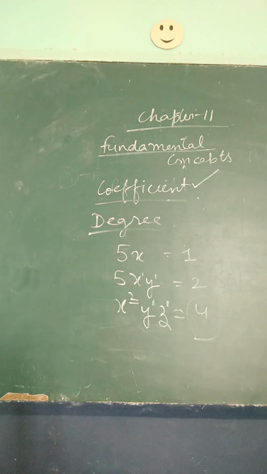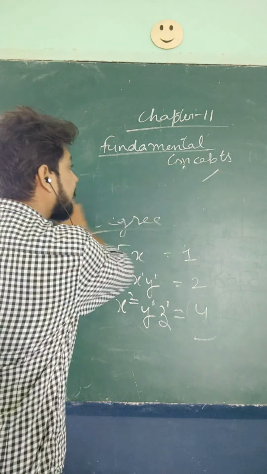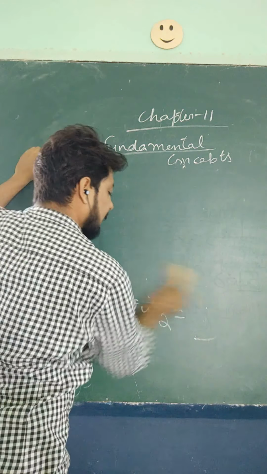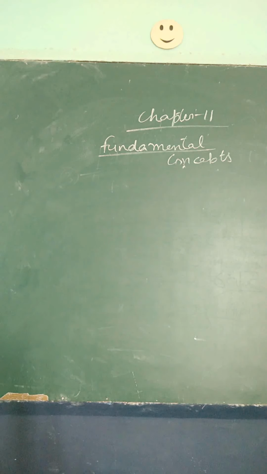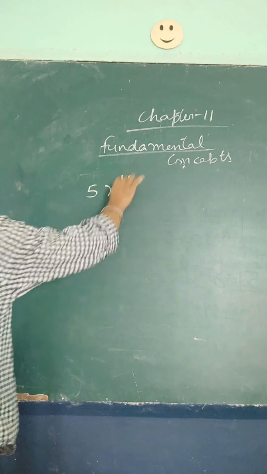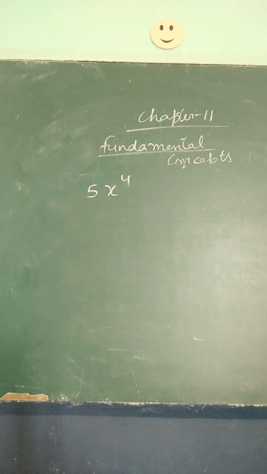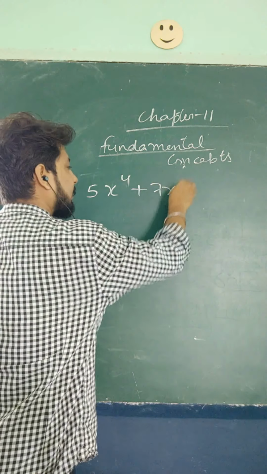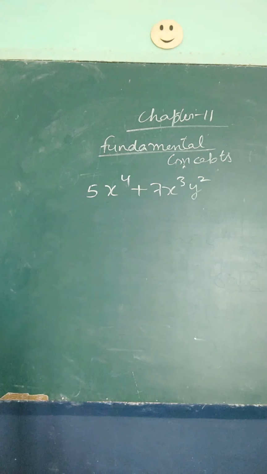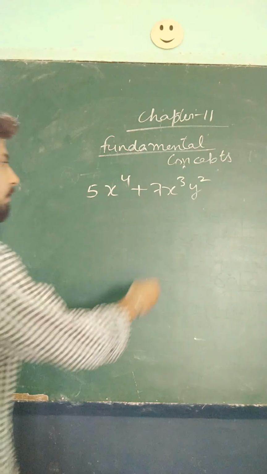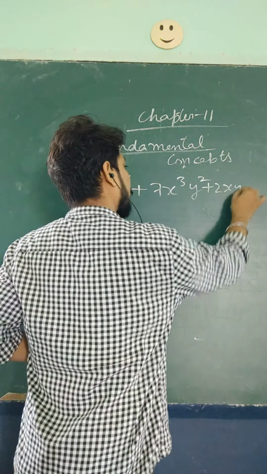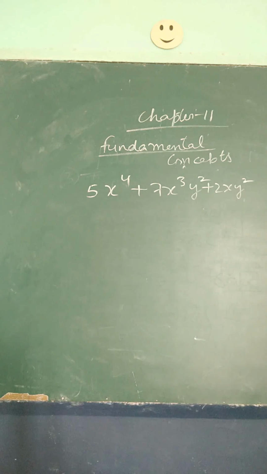Now next is the degree of a polynomial. The degree of the polynomial is the degree of the term that has the highest degree. Suppose there is one example we will discuss: 5x^4 plus 7x cube y square plus 2xy. Now we have to find the degree of this